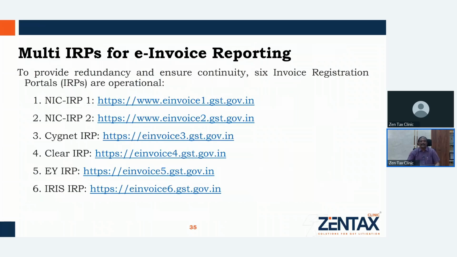So these are some of the other e-invoice portals. They say the first two portals are interoperable. So once you register here, you can take it from e-invoice 2 or e-invoice 1. For others, you have to register, and then you can get the advice of your software vendors or ERP service providers for this integration. So that if there is a problem in one portal, you can automatically switch over to another portal and take the e-invoice without disruption to any of your business processes. For this purpose, they advise us to use other available portals also.